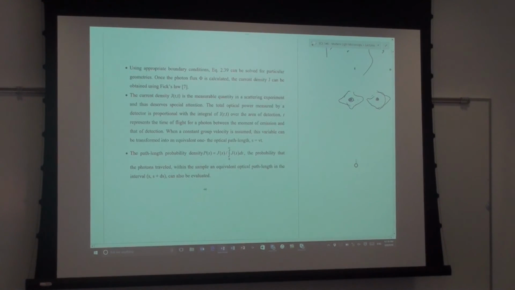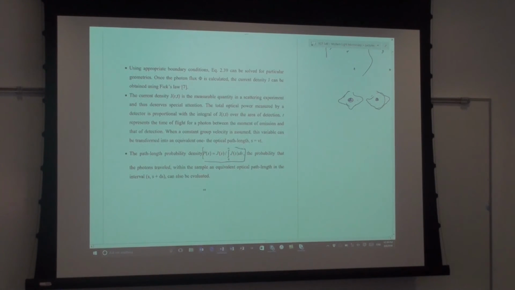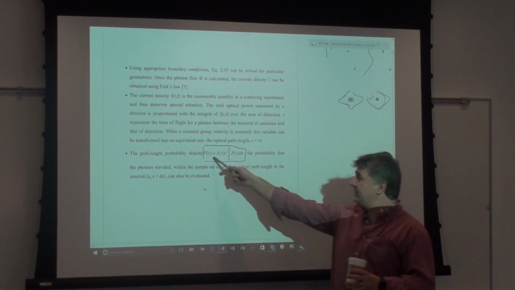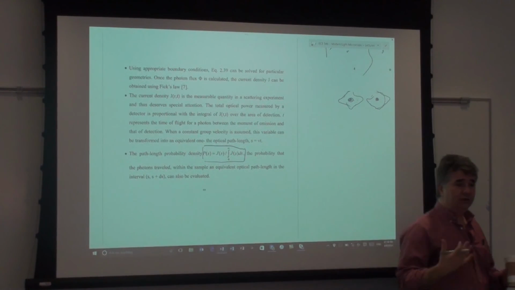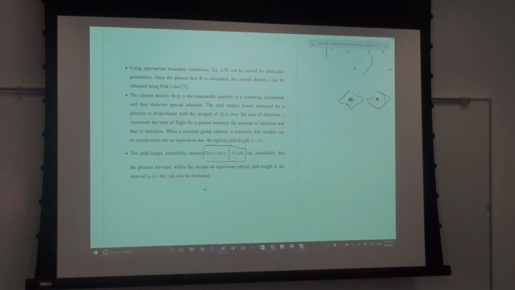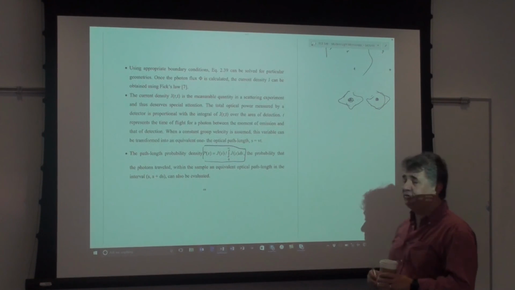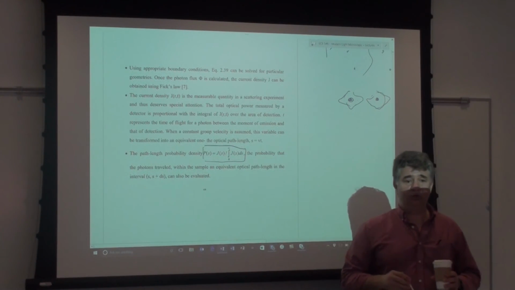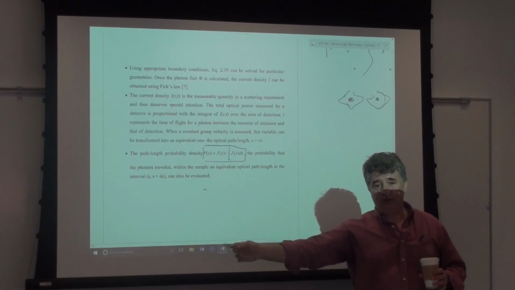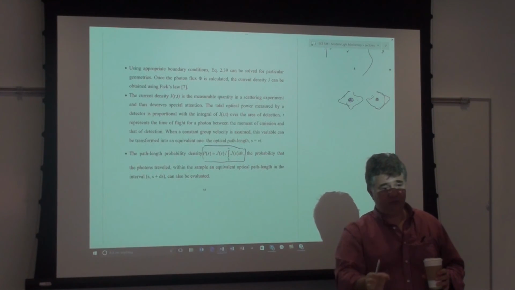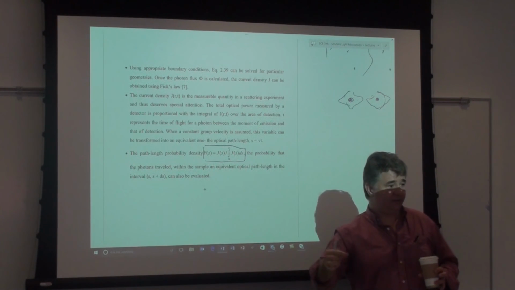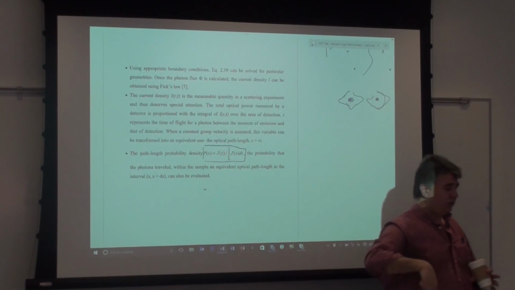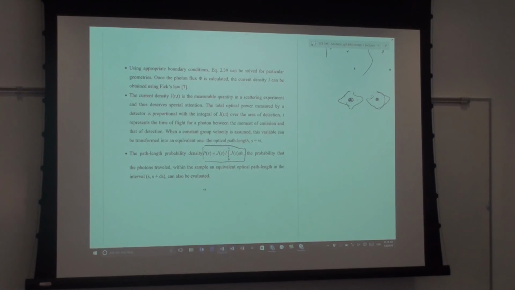And solving the diffusion equation can give you the probability density for path lengths in the tissue. That's a very thorough function that describes the interaction with your tissue. So if you plot the distribution of path lengths, what's the probability to have this path length, that path length, and so on, longer and longer, there are interesting